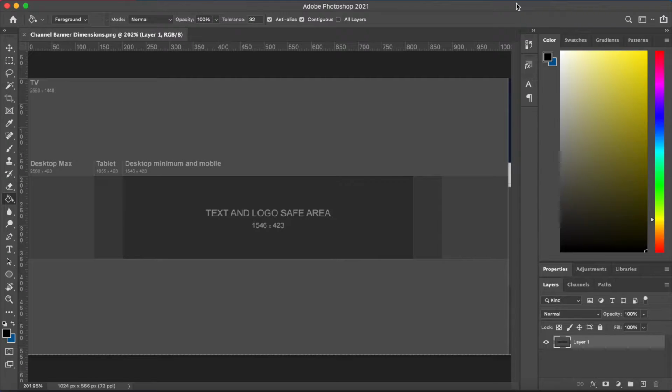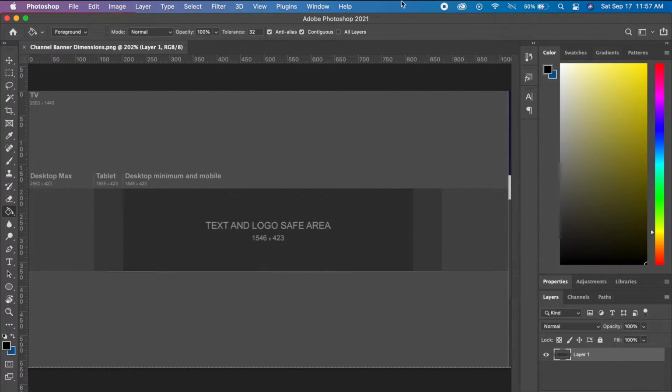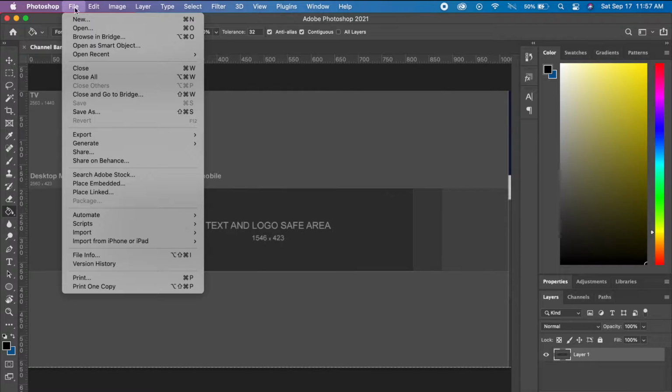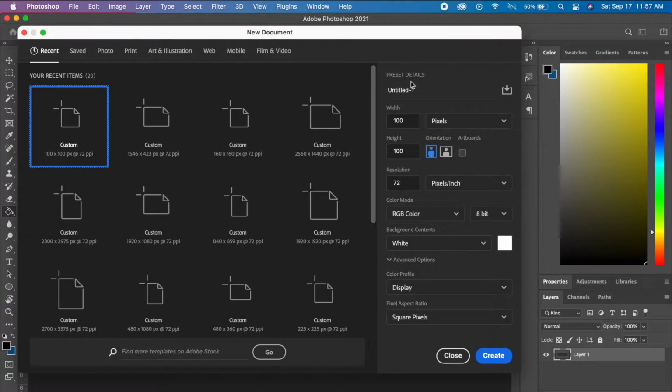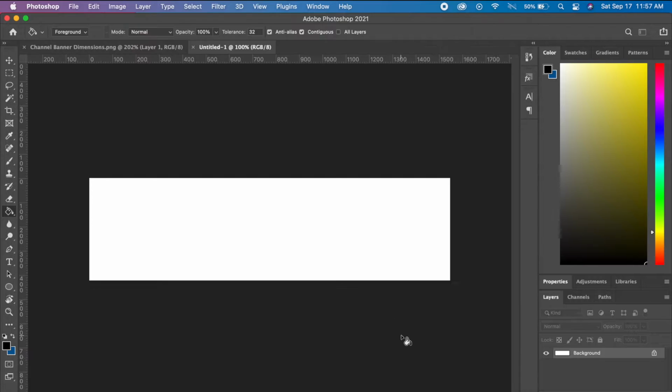So when you're making your banner, everything that you want to be visible on all platforms has to fit within this space. So go File, New, and create a project that is 1546 by 423 and click Create. Now this is the size of the area you have to work with.